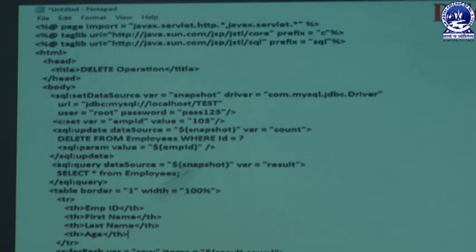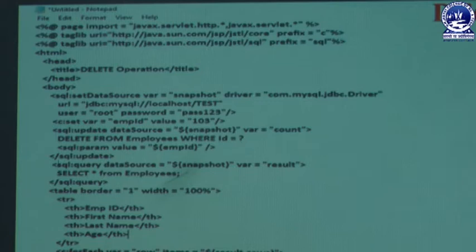Next we are setting sql:update with a data source. The data source is written as snapshot with var written as count. Then we are creating another command, delete from the table named employees where ID equals question mark, which denotes the value the user wants to delete from their programming part. Next we are writing sql:param value then employee ID.